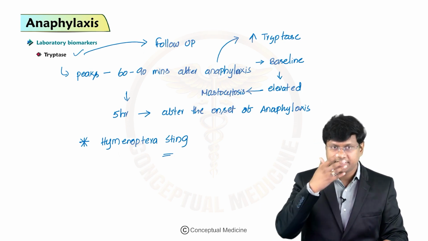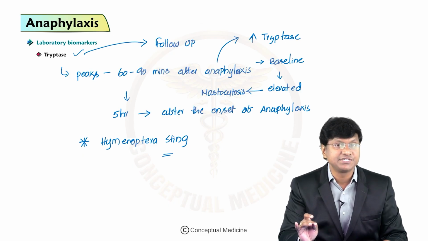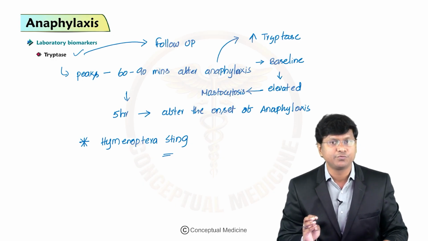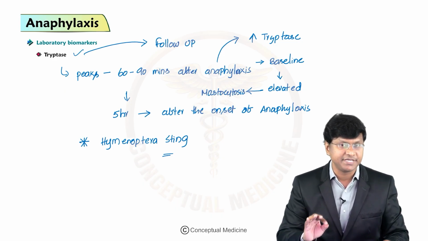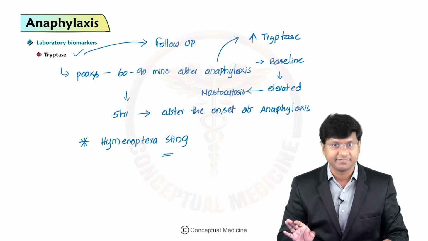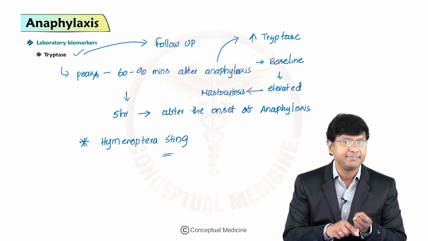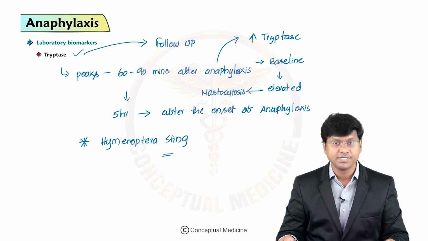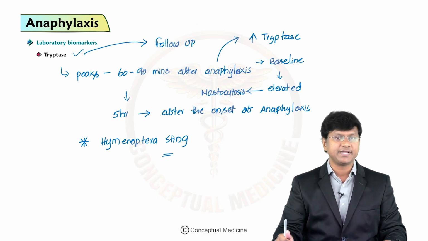To summarize about the tryptase, it is a more practical and useful biomarker. It peaks within 60 to 90 minutes after the onset of anaphylaxis, and it can be measured as long as 5 hours after the onset. It may be useful to follow up an elevated tryptase measurement in the acute setting with another measurement when the patient is clinically stable to establish the baseline reference. The baseline value you have to do when the individual is clinically stable. If an elevated baseline tryptase level is there, that may warrant further workup for mastocytosis, especially if the presenting reaction occurred in the setting of the Hymenoptera sting.